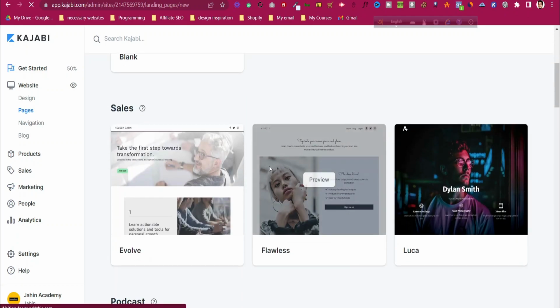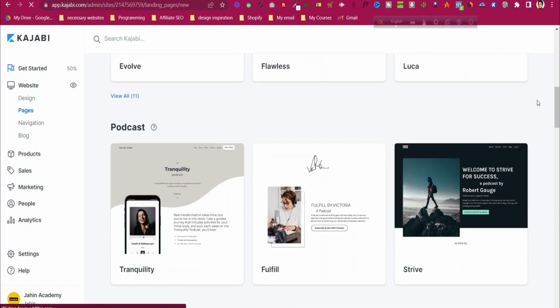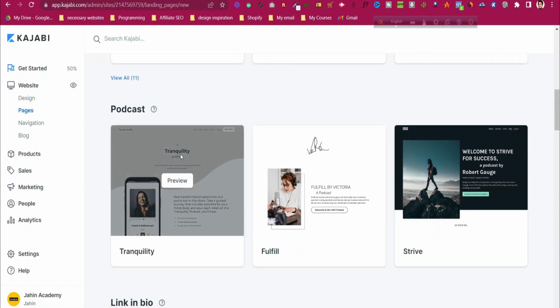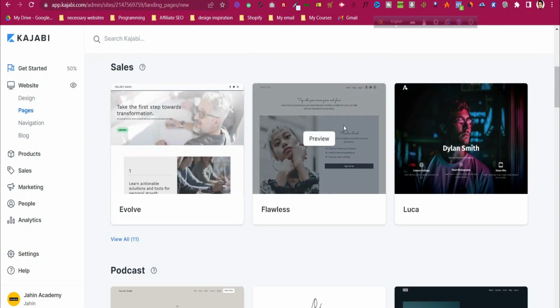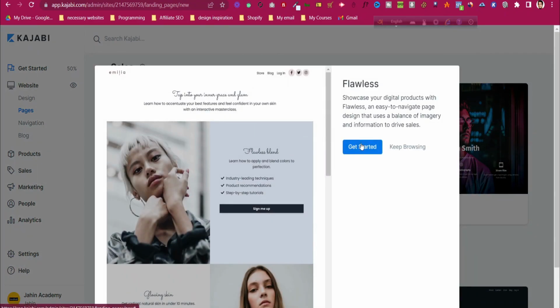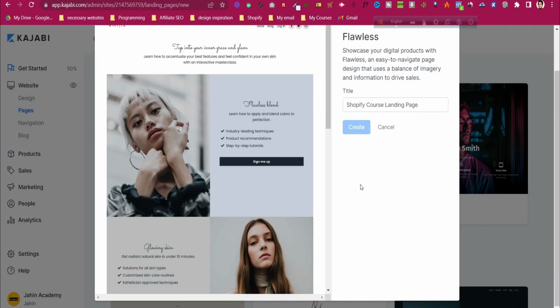and then we can choose a template, or we can also make one using the blank. Okay, so you can see there are already some templates. If you want, you can use them. I will just click on this preview option and click on get started, and you then need to give it a title. Let me give the title according to my course name, Shopify course landing page. Okay, and then we will redirect people from that landing page to the checkout of that course. Then click on create,